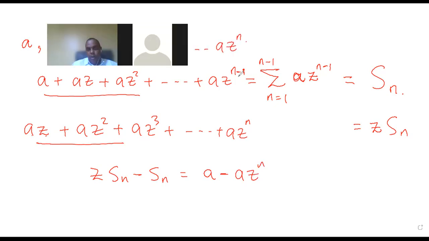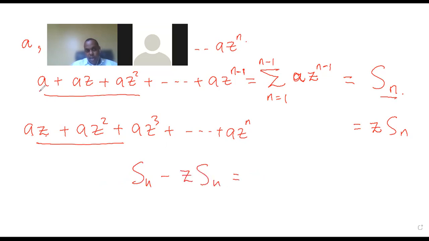Actually, I guess it's the other way around, not minus in this case. It will be plus, because aZ^n is a part of Z times Sn. Okay, we are doing the top minus the bottom, so in this case we are going to have a, and then